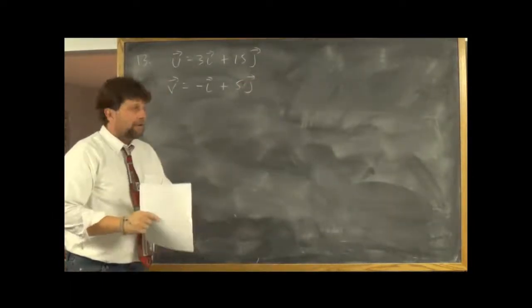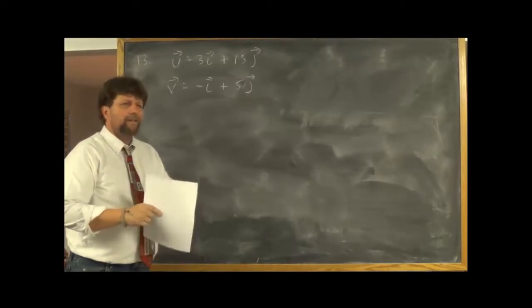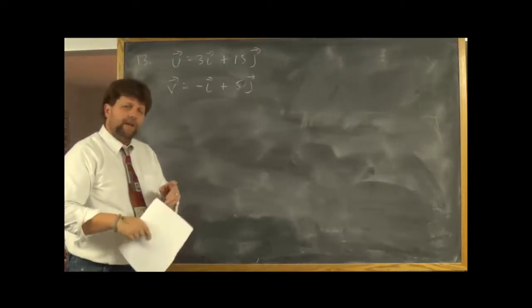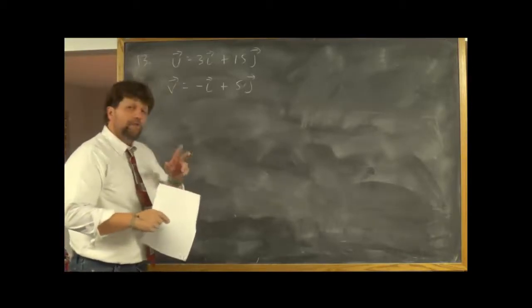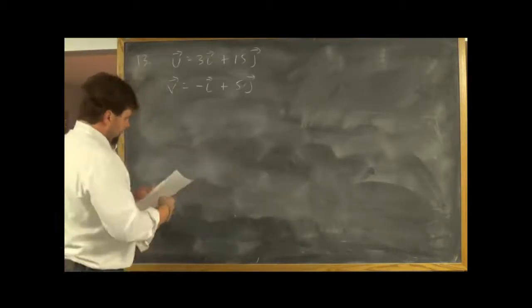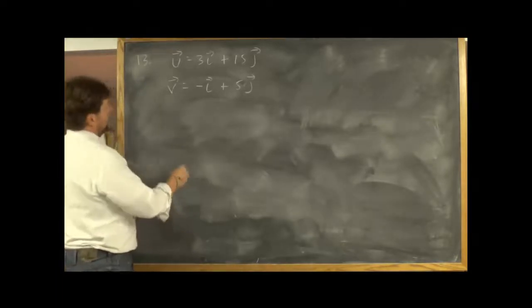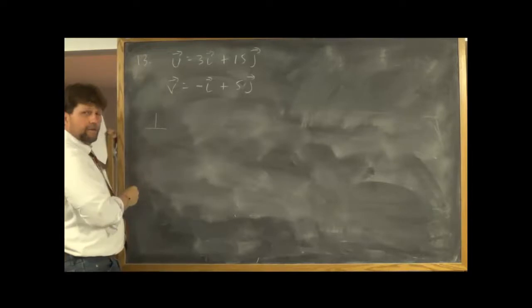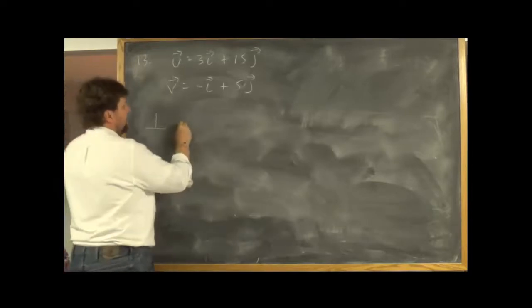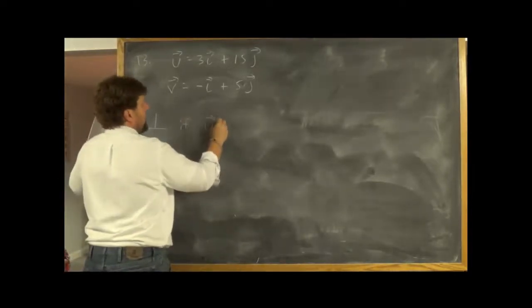In the vector world, the word orthogonal means they would meet at a right angle, a 90-degree angle. So two vectors are orthogonal, and this is the symbol I use for orthogonal, if their dot product